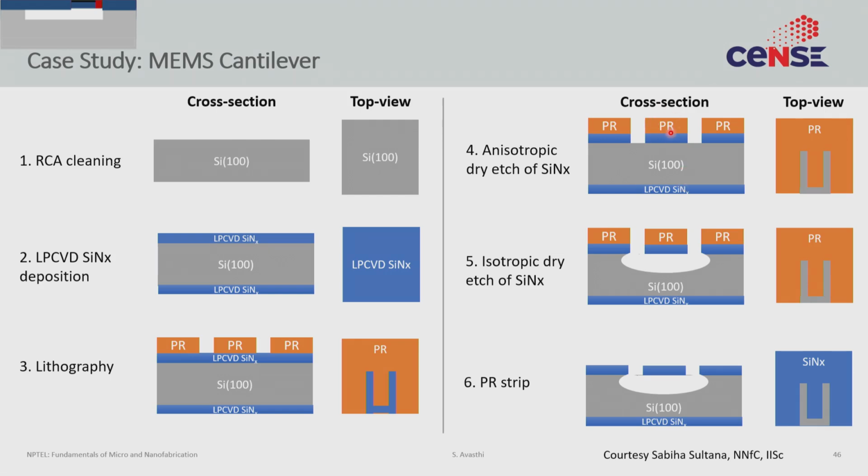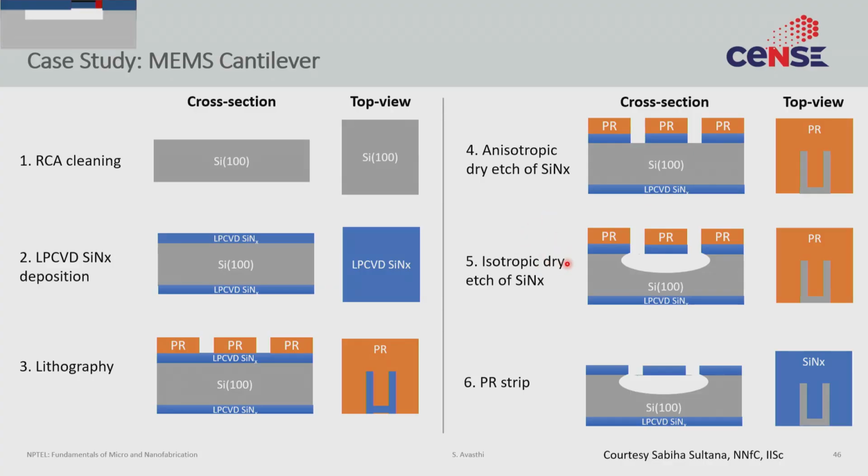So once you are done, you have the patterned silicon nitride, but you do not have this overhang. Remember, the cantilever must have a free end, so you need to create this overhang. So you need an etch that penetrates and etches laterally so that you can create this overhang of the cantilever. Now you can imagine where I'm going with this, because if you want to create this overhang, then the etching must be isotropic, right? Because an anisotropic etch will never do any undercut. Here you want to create an undercut. So that's what we do.